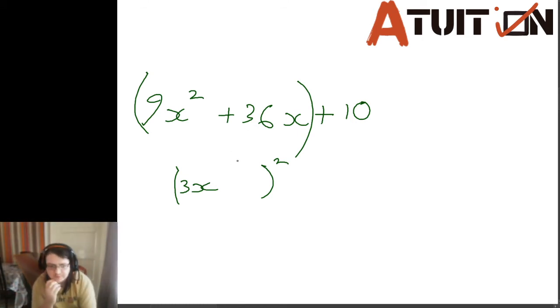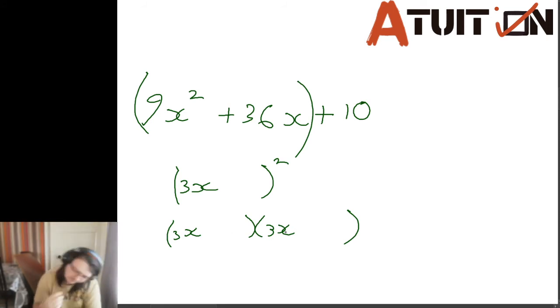This bit isn't as straightforward as just half of that number anymore, because we have to be a little bit careful. When we multiply out these brackets, we've got 3x times whatever this number is, and then whatever this number is times 3x again. So we can't just put half of 36 in, because if we put 18 there we end up with 54x there and then another 54x there, so we'll end up with 108x. If we just half that number and shove it there, we don't get 36x, we get 108x, which is wrong